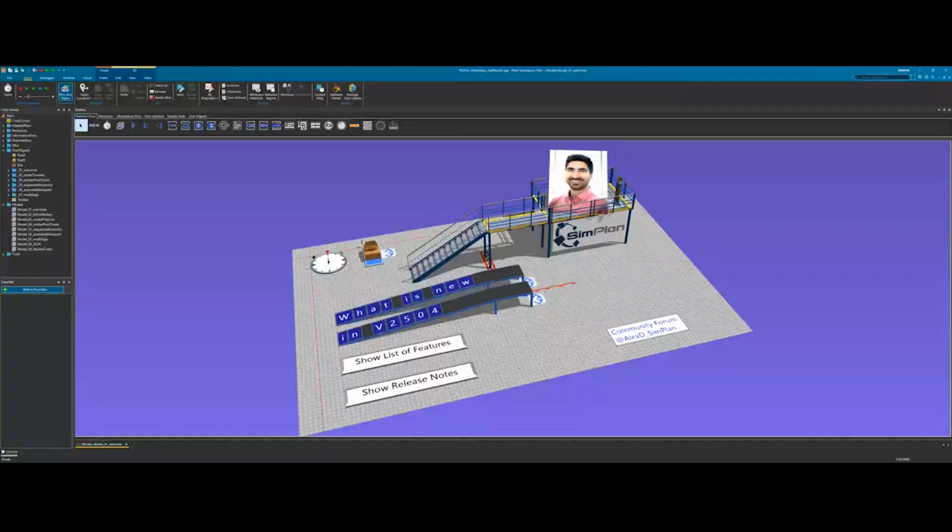In previous versions, you were able to embed something like a PDF file into your model, but if you then wanted to open it, you would still need to have the external application like a PDF viewer or something, and that is now no longer the case. You can simply do everything right inside Plant Simulation itself.